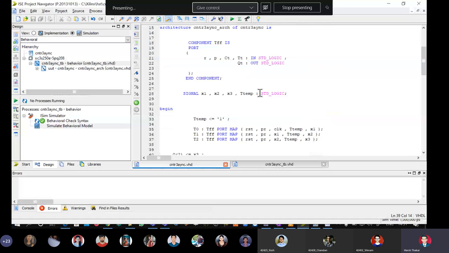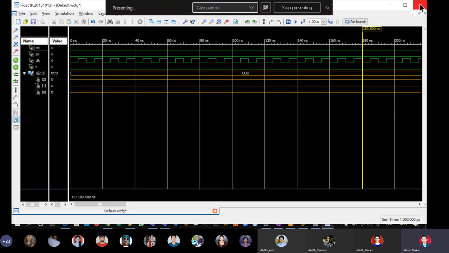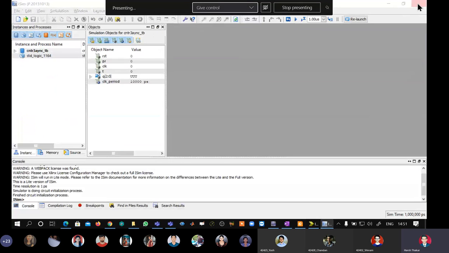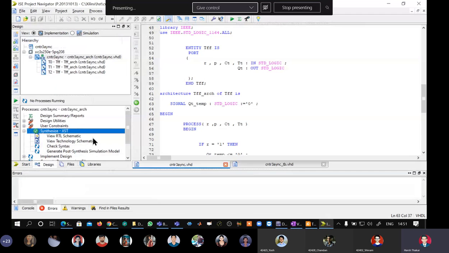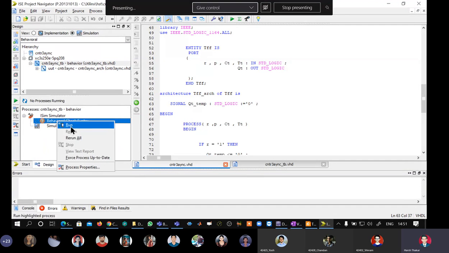We will synthesize again and see how every change leads to an improvement in our simulation waveforms. Our first aim was to remove that uninitialized part. Now let us close this and re-simulate it, and we expect that the uninitialized part should go away.